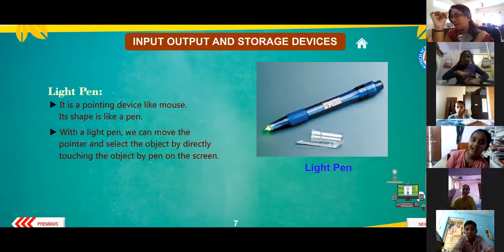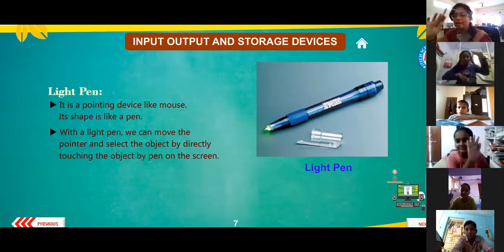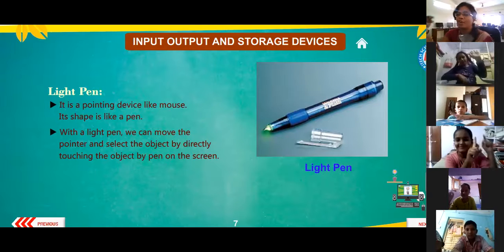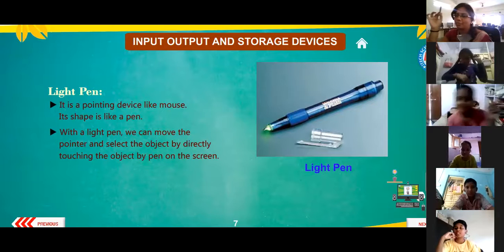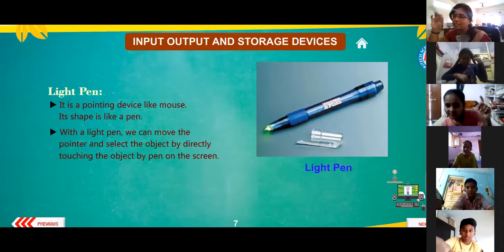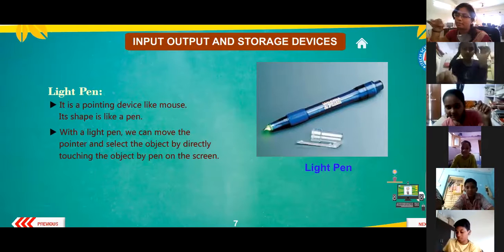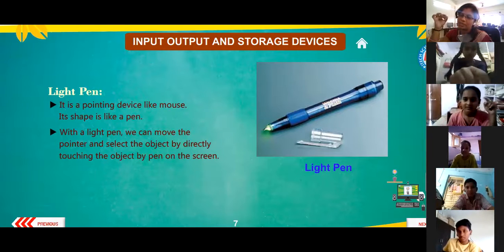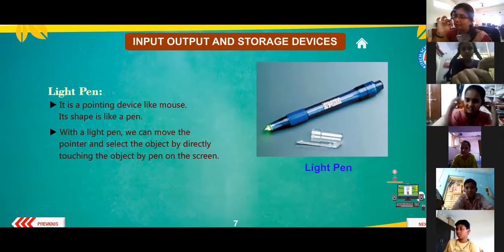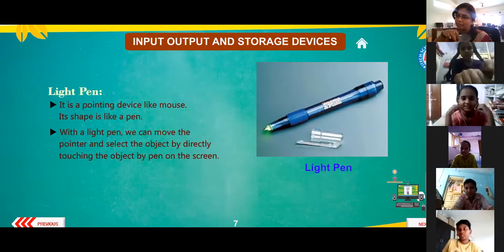When you go there, down there is an optical shop, the specs shop, beside that bakery. They have this light pen. If you get a chance, just go and see.